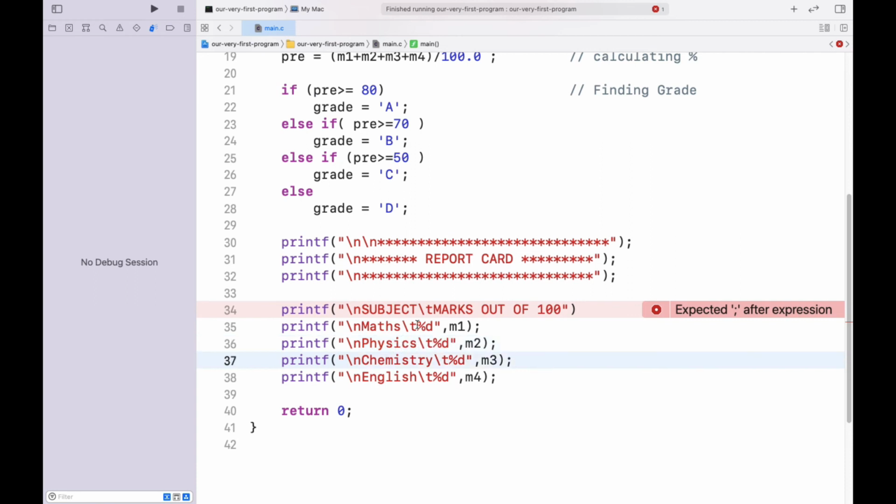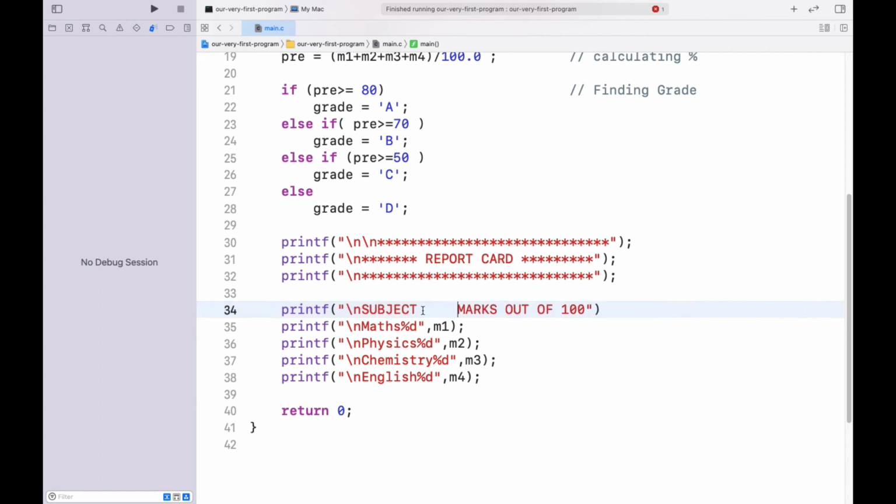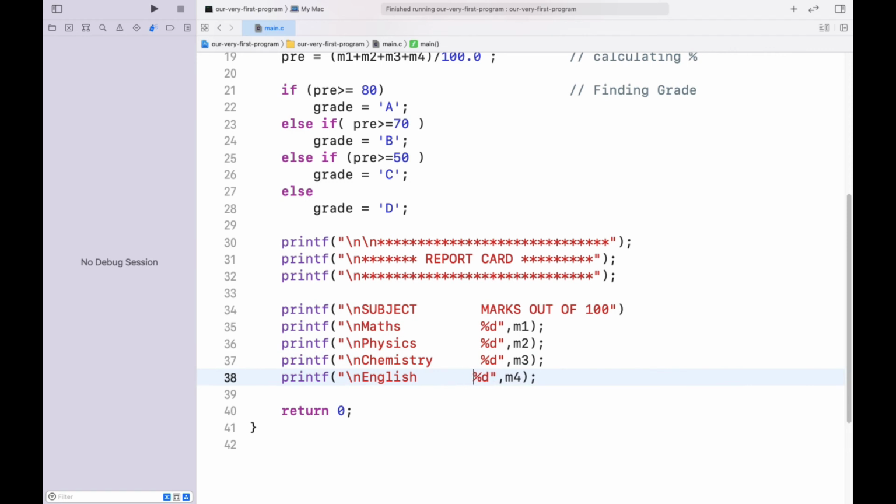Physics. Let's, instead of tab space, manually give white spaces. Okay. I think this will look nice.